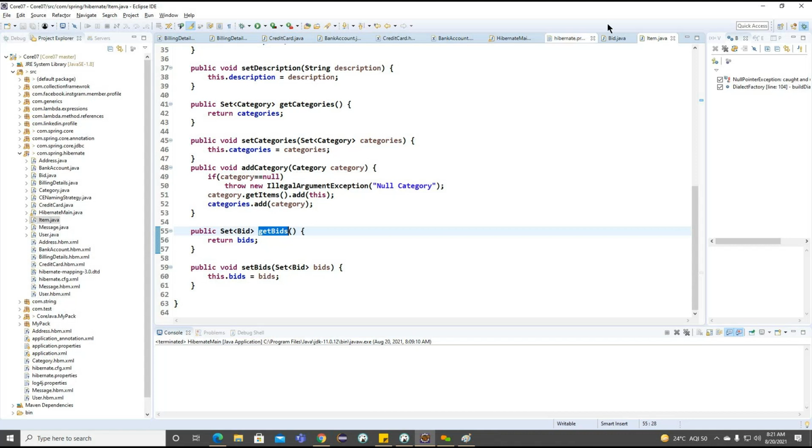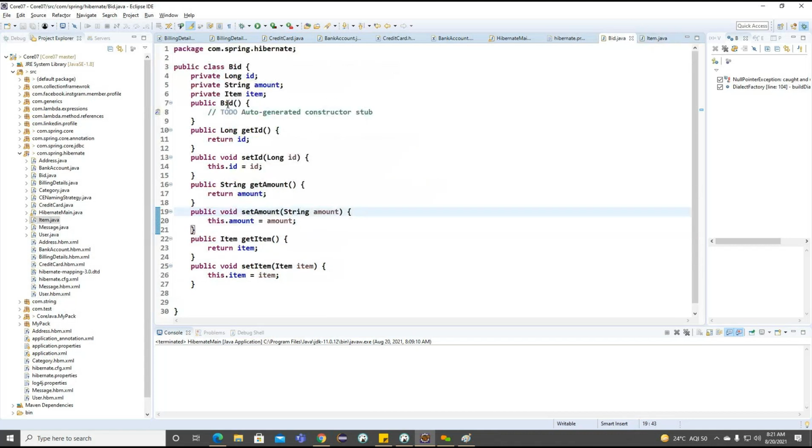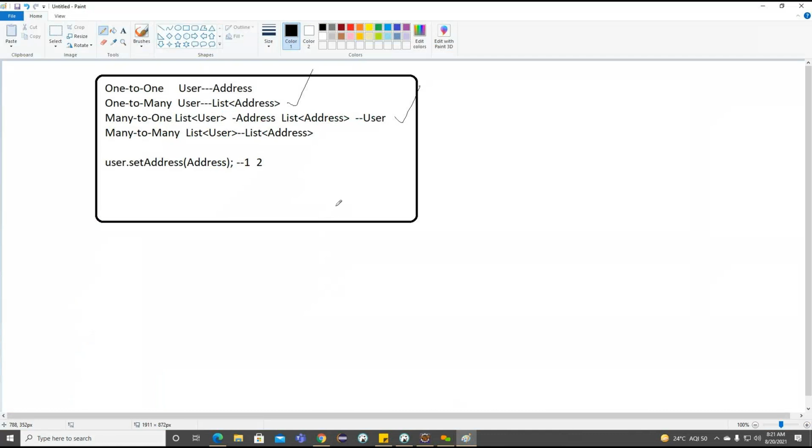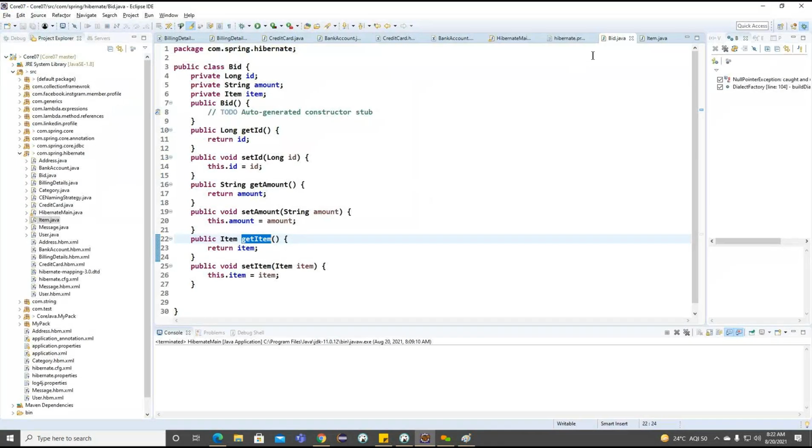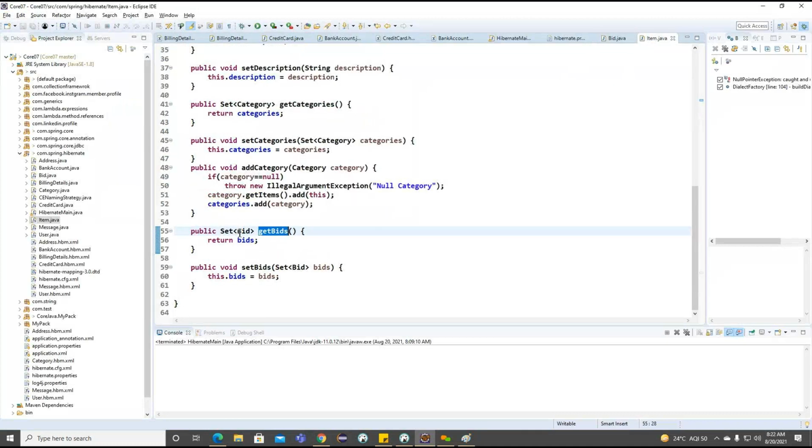Now, what you are understanding here, we are getting multiple bits, and whenever I'm trying to move this particular bit, we are getting only one item. Getting the point? So don't confuse here. So item, here the user, in place of user, we are connecting as an item. In place of this particular address, we are connecting as bits here. So now you can see the bits we made as a set here.